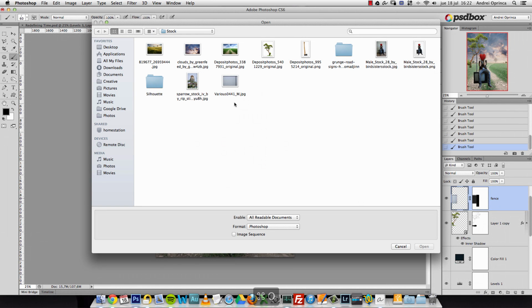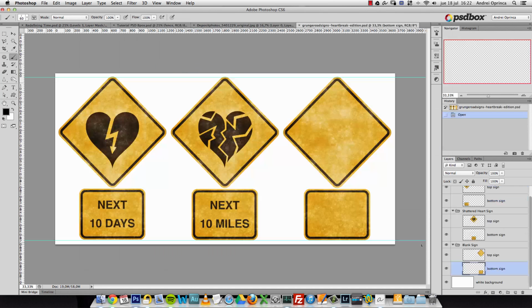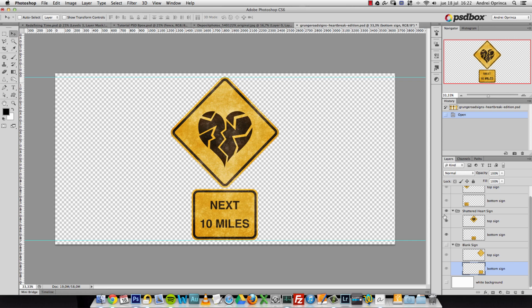Okay, so let's go back to our stock folder and open that road sign. Let's open the PSD file. Okay, and I used this one in the middle. You can use any of them. You can also use this one, the empty one, and then just add something there, add another symbol there or whatever you want. So let's press Alt and the I icon to hide the other ones,